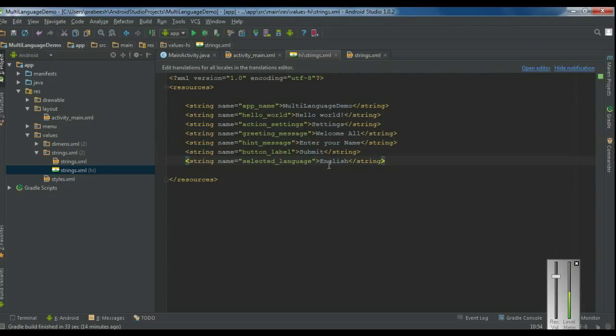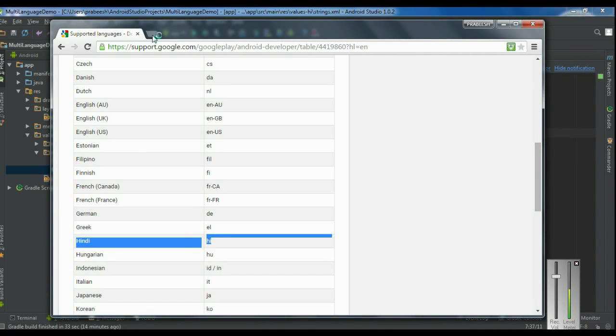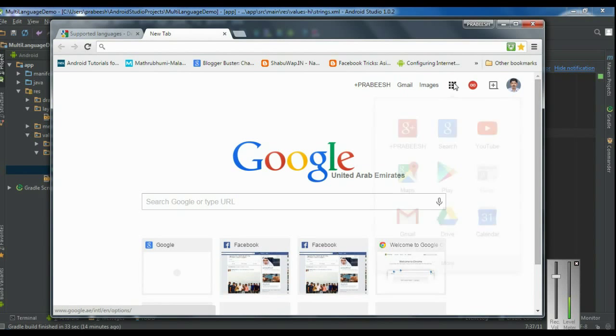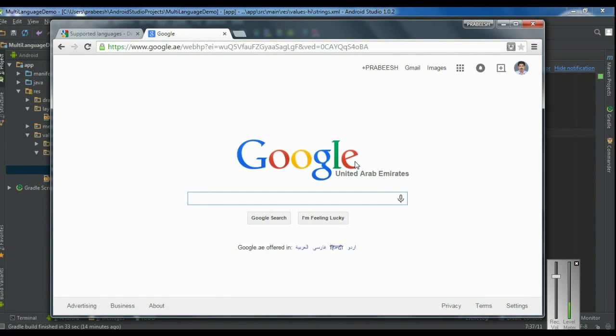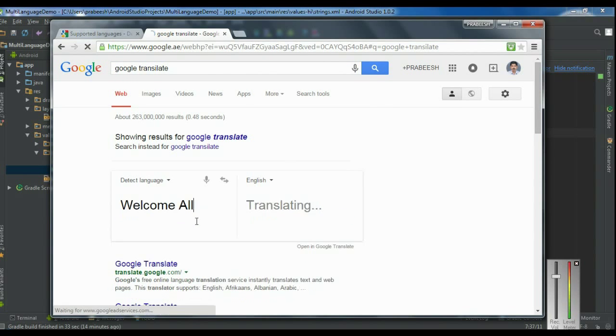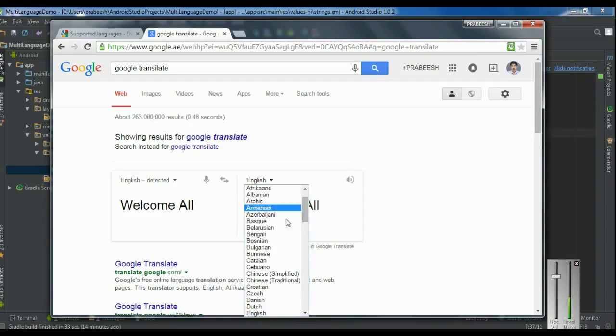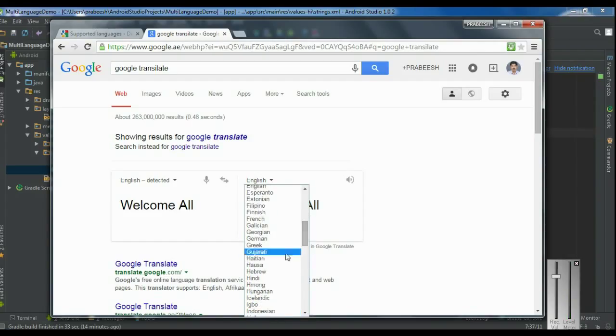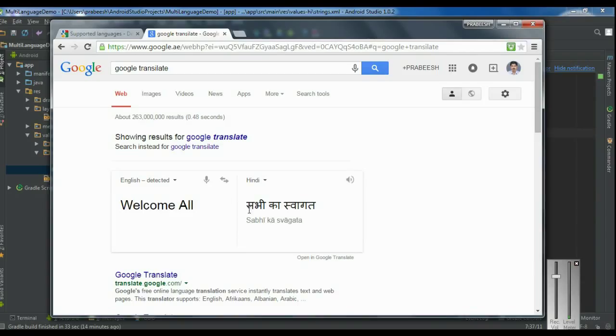Okay, now we have to change each of these resources into Hindi language. So first we have to change the greeting message. I copy this greeting message, open browser, we can use the Google Translator. Open up Google Translate. Now paste the message here, welcome all. Now change this one into Hindi. Yeah, this is the Hindi language corresponding to welcome all in English. So I copy this one